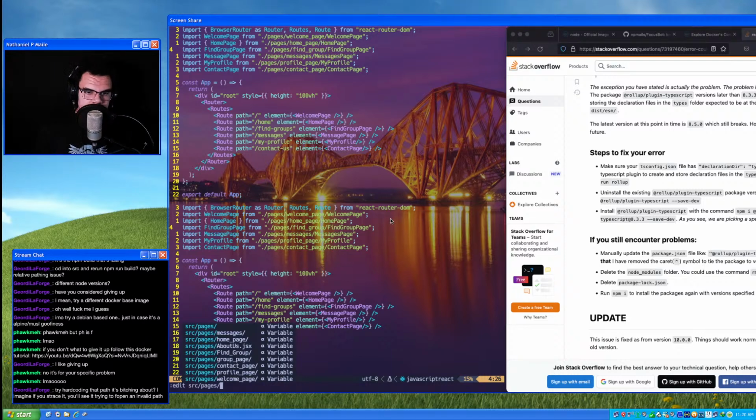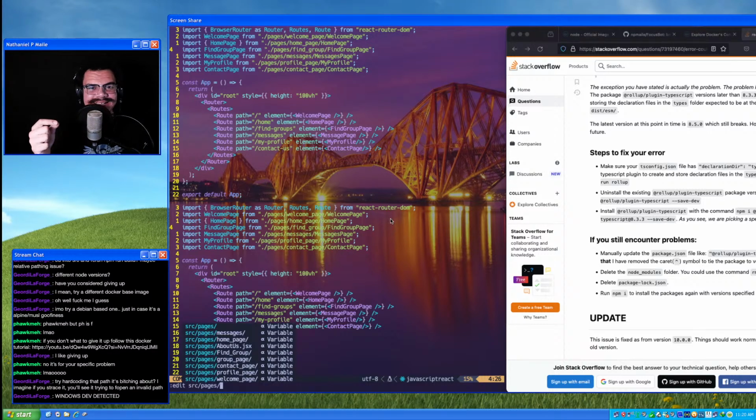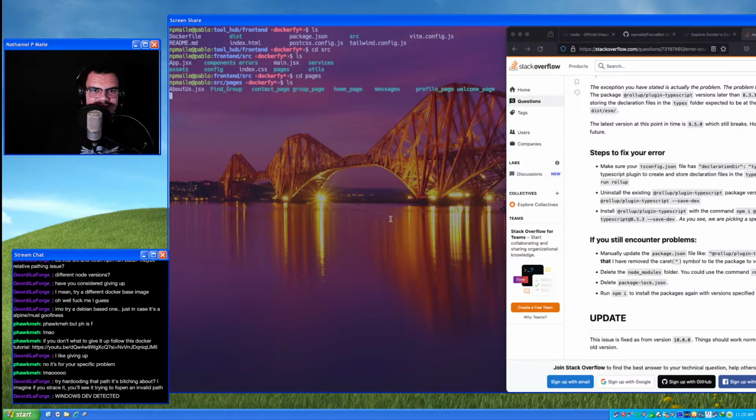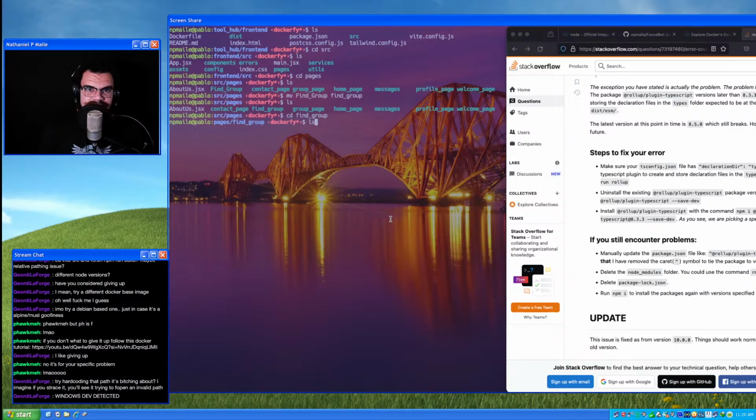Hold on a second. Find group is capitalized. On macOS, the file system is case sensitive, but searches are case insensitive, which means that when I've mounted the volumes in there, it will do a case insensitive search all the way through it. But when you copy the volumes in there, since macOS stores the case but doesn't do it on searches, when you store it in the Docker image, Linux searches are case sensitive because their file system is completely case sensitive. You understand where I'm going with this? No. What this means, if I go into pages and then I move find_group to find_group, you following? Okay, so